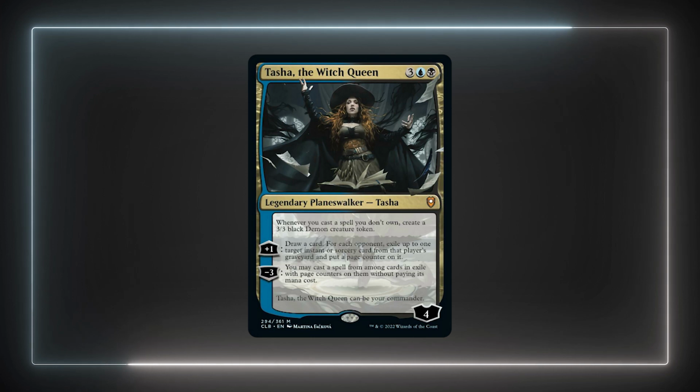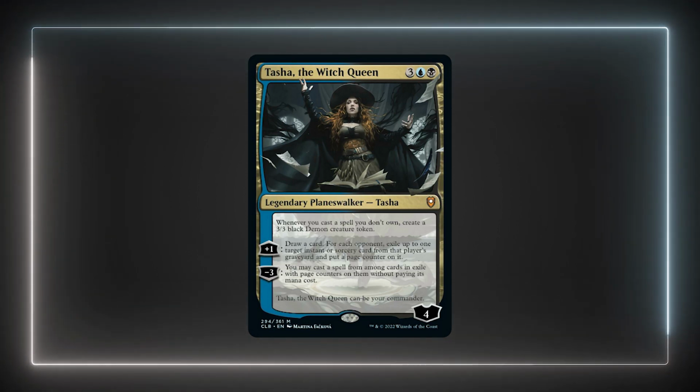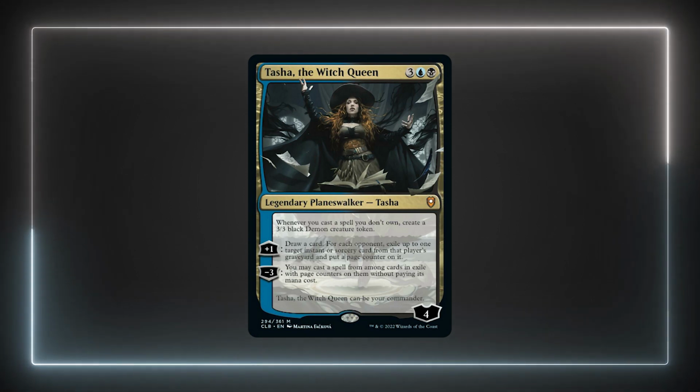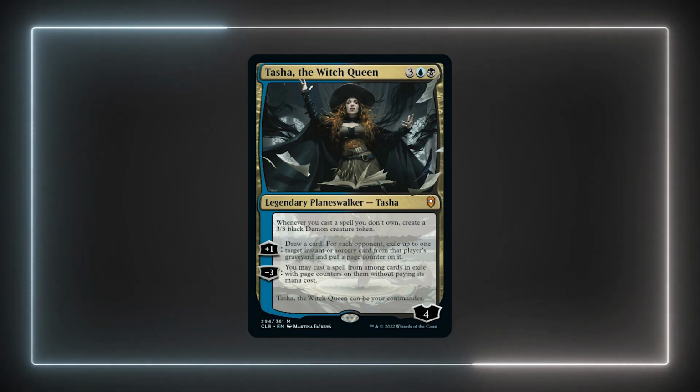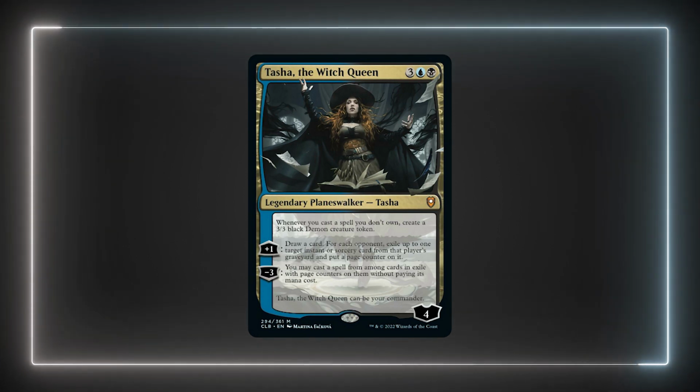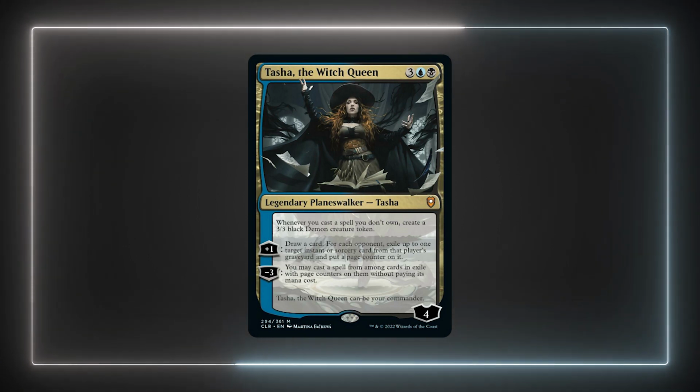Tasha is a Planeswalker commander that costs 3 blue-black and enters with 4 loyalty counters. She has a passive ability that reads, whenever you cast a spell you don't own, create a 3/3 black Demon creature token. Her +1 ability reads, draw a card, and then for each opponent exile up to 1 target instant